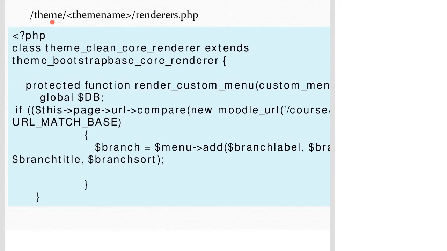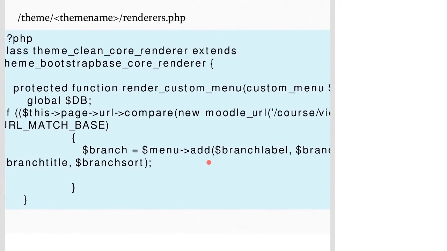First, the theme was an extension of the clean theme. So we developed another instance of the clean theme, and in the renderers file we added the new custom menu. The link is already provided in the course section on how we develop a custom theme by PHP coding. We overrode the renderers, but one unique thing we added was comparing the page URL that the user is currently on.